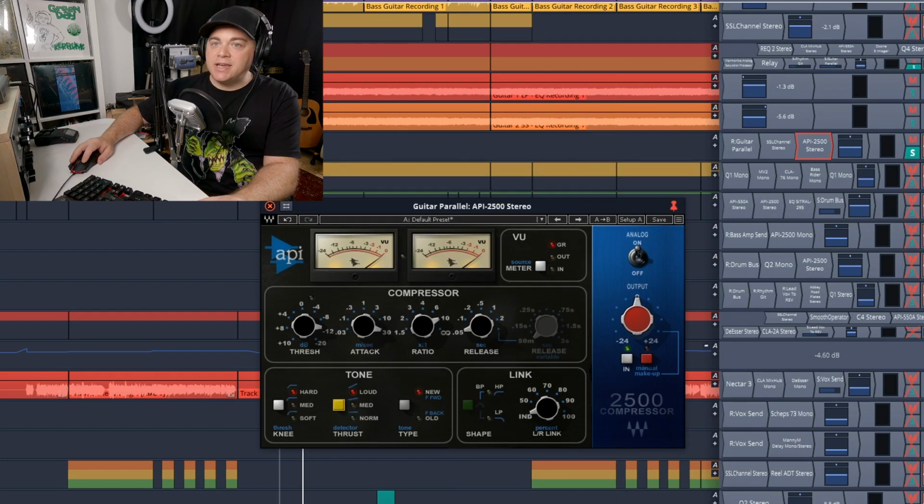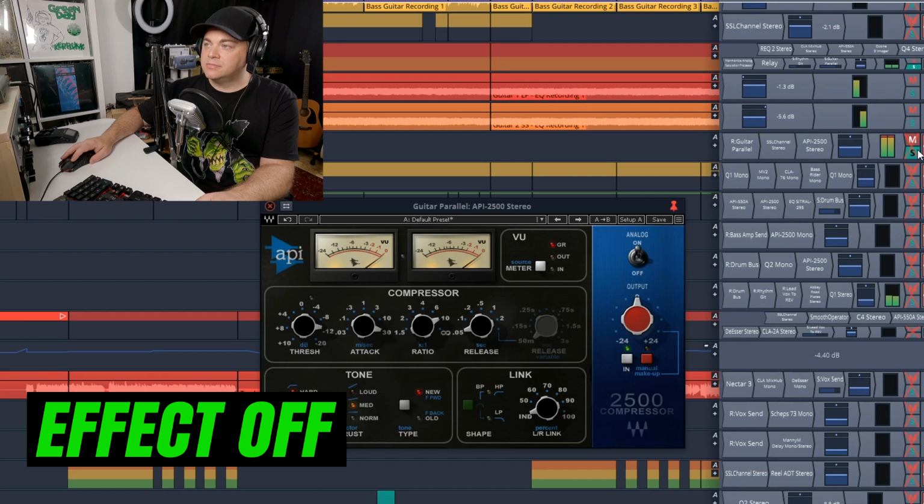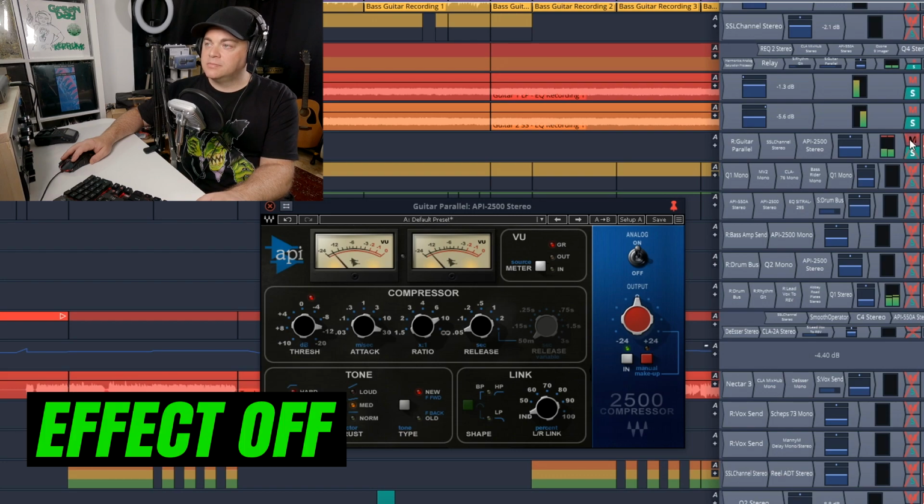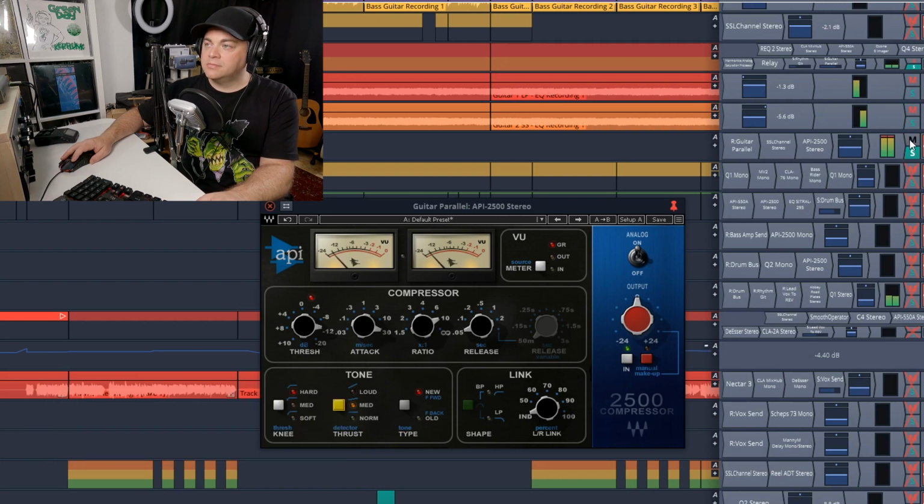Now, let's just check it out here on the guitar parallel. So I'm actually just going to turn the guitar parallel off altogether, and then I'll enable it so you can hear this enabled in there. Now let's just unsolo those and we'll listen to it all together in the mix here.